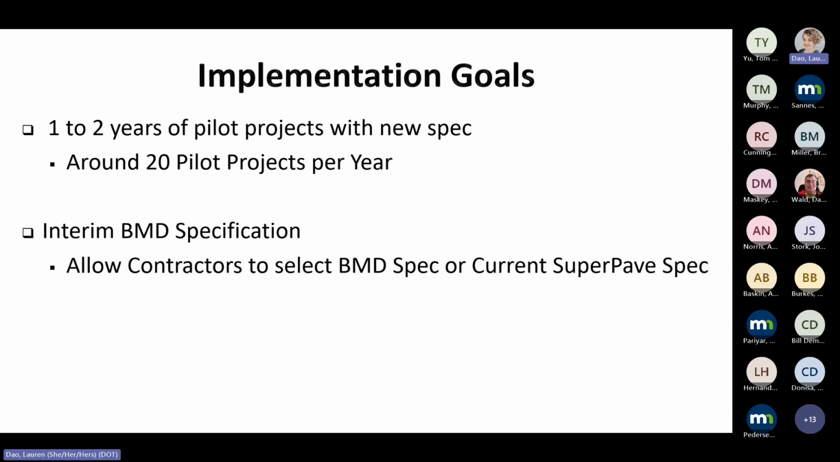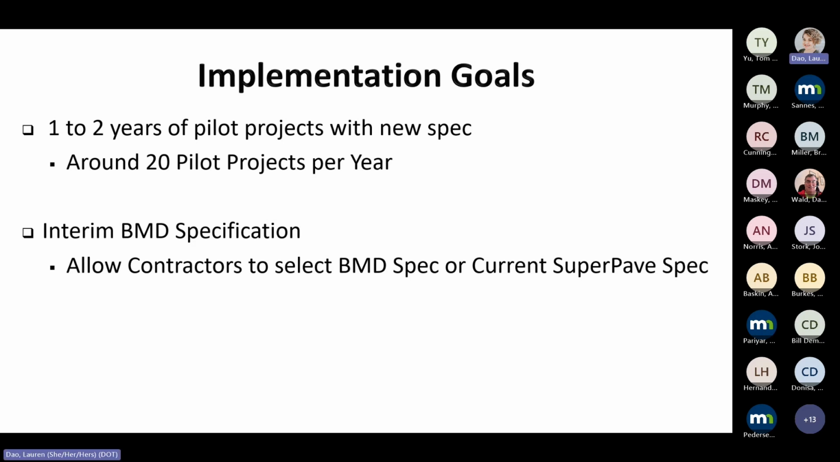So how we're planning to implement, or how we're starting these pilot projects, is we're allowing the contractors to first choose if they want to do this new spec revision or the current Superpave spec at the time of bidding. We're hoping some contractors are on board with this and will choose to do it. It's pretty hopeful on our part, but we're also going to be doing probably 10 to 15 pilot projects per year,